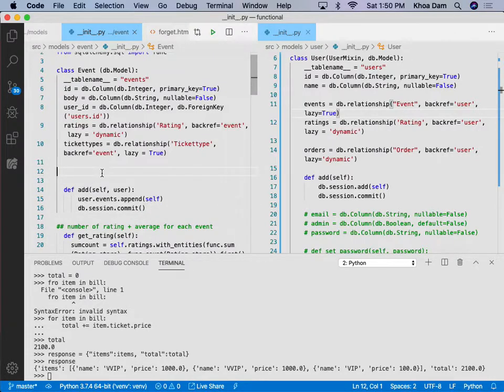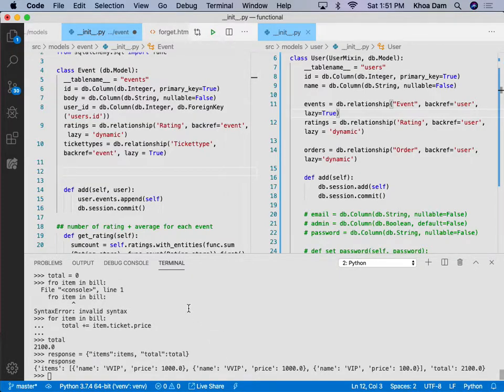Try to define as many methods inside the class as possible. Define the methods inside the class. If it is about a query, do it inside the class. Don't do it inside the controller, because you are going to repeat the code many times. So for example, you can define a method in